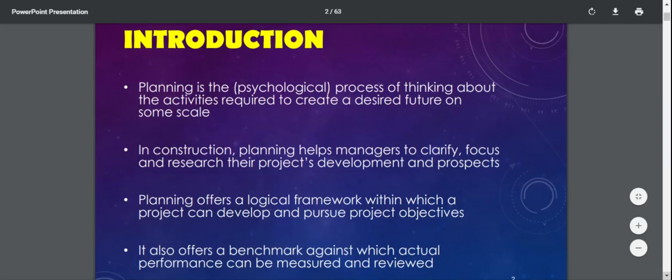So all of the methods that have been mentioned before are actually the planning methods in construction projects. So they can be used to ensure the success of the project implementation.